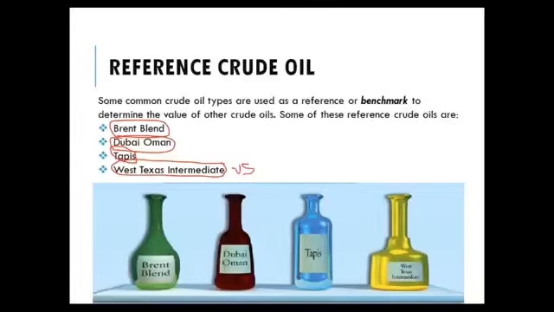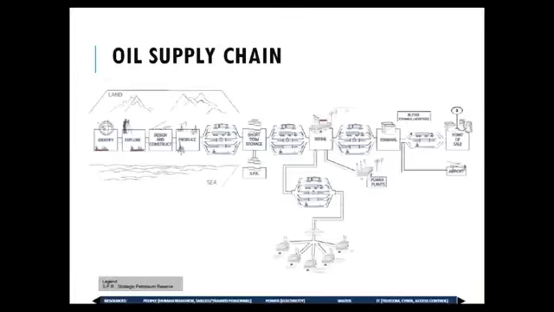Good. So a little detailed one, we'll have a look. First they identify, then they explore, design and construct, so they produce. After they produce, they'll have to transport it to the terminals. If it is a nearer one, they'll use pipelines. If it is a little farther one, they use either tankers, rail cars or marine transportation. The oil fields can be on land and sea, so depending on that, they consider the different means of transportation.